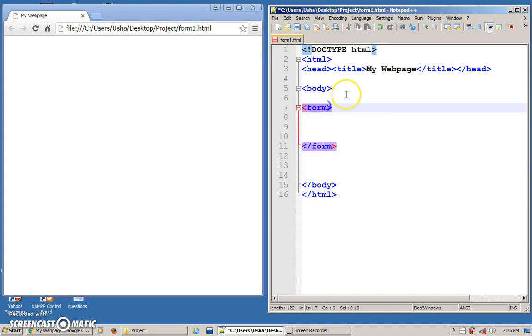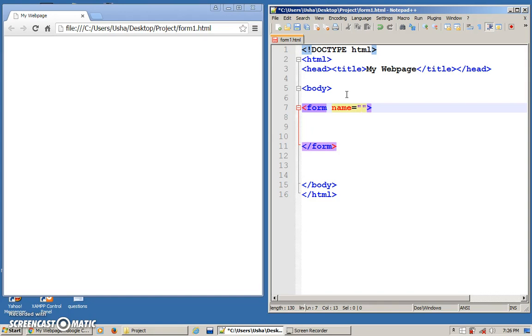Inside the form tag, you need to put a few properties, but for now we are only going to use one. For now we are going to use name. Whenever you have a form, you need to give a name for your form. So let's say you have 3 groupings of forms in one document. Each of the forms should have a unique name. Unique name meaning the names must be different.